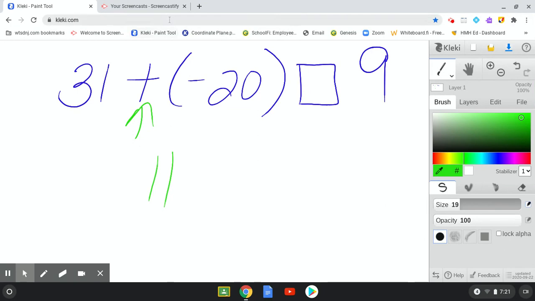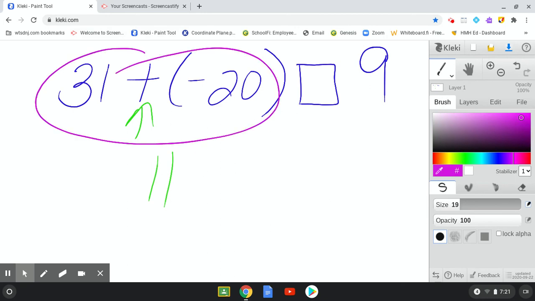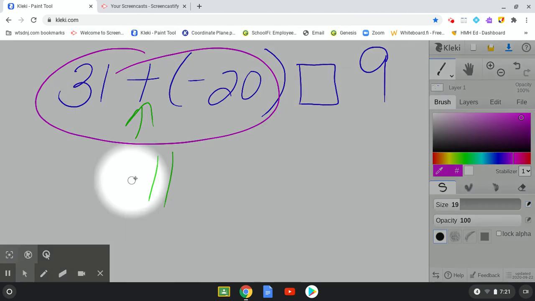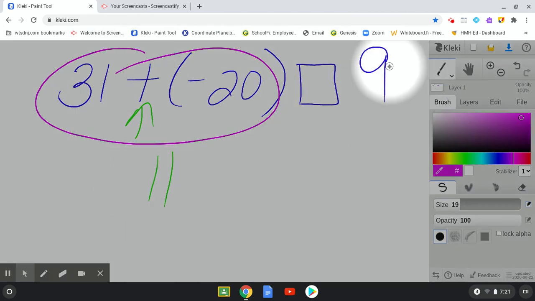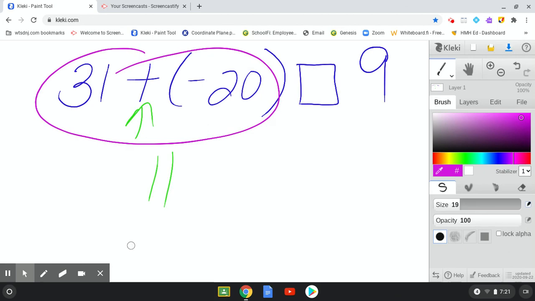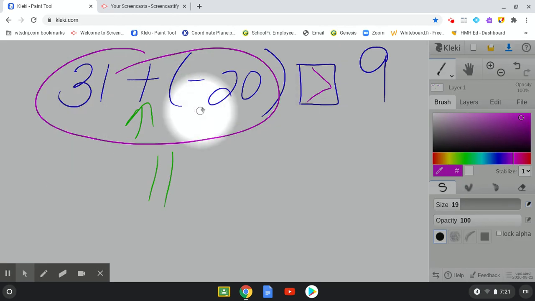And I'm going to take the sign of the bigger number. 31 is bigger than 20, and 31 is positive, so I'm going to keep this positive. I'm not going to put the positive sign here because that's not necessary. So now I know that this entire thing equals 11. So basically, I'm now just comparing 11 to positive 9. Well, 11 is greater than 9. So 31 plus a negative 20 is greater than a positive 9. So all we had to do was actually just solve this left side